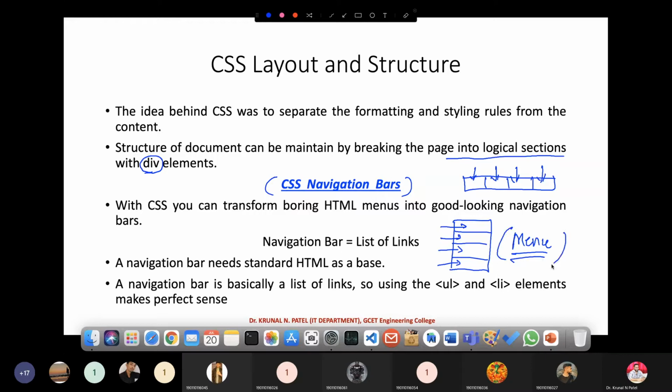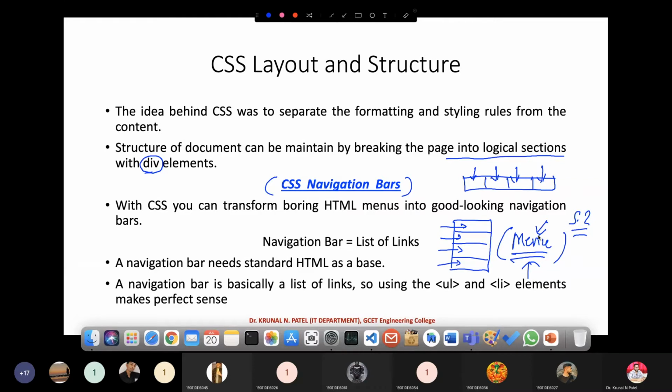Recently in HTML 5.2, they have introduced the menu tag, but the menu tag is currently in experimental mode. Many of the things are not well defined, so that's why work is in process for the menu.